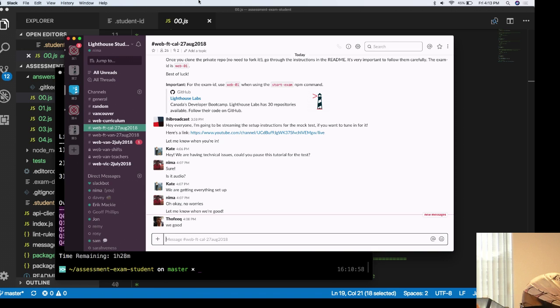So if you can't see the student ID file, it's because it's a dot file. Dot files are not visible while you're looking in the file browser. You'll have to go into VS Code and under the, oh, this is not your exam, right?